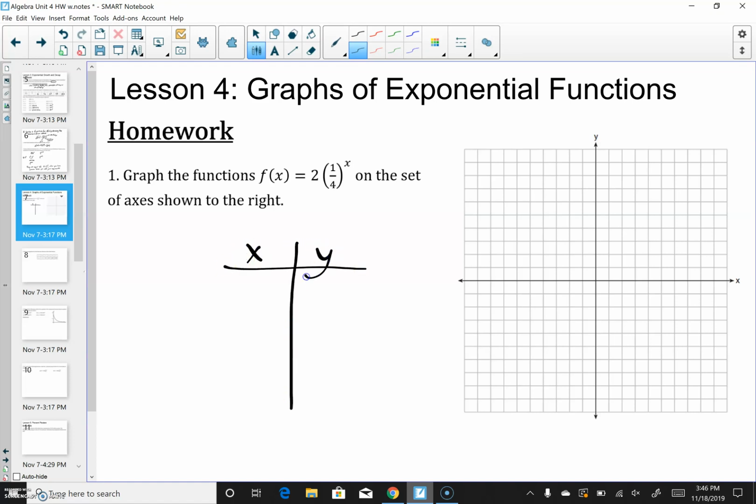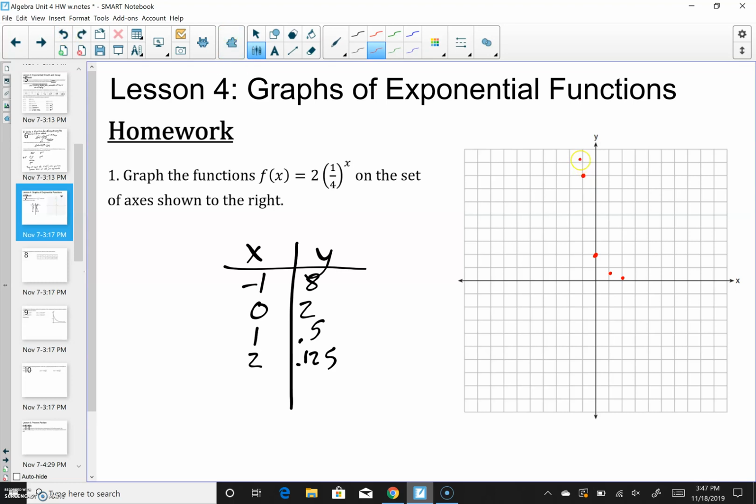So as we go to make our table here and look at my calculator, the only point that fits in the negatives is -1. So I'm going to graph -1, 0, 1, and 2. So at -1 I have a y value of 8, 0 I have a 2, then I have a 0.5 and a 0.125. So I've got -1, 8, I have 0, 2, and I know that because the number out in front, my a value is 2. Then I have a 0.5, a 0.125, and we know that it will continue to decrease